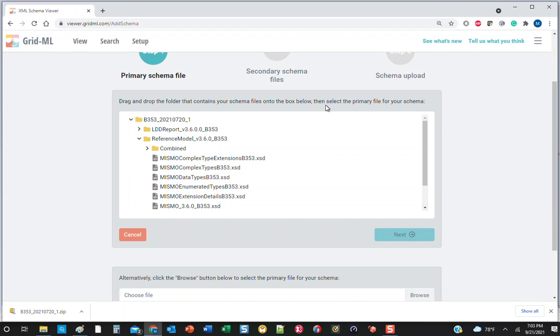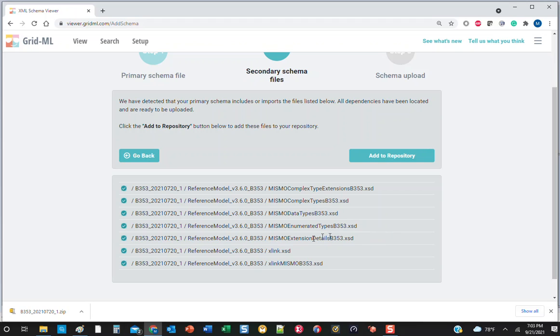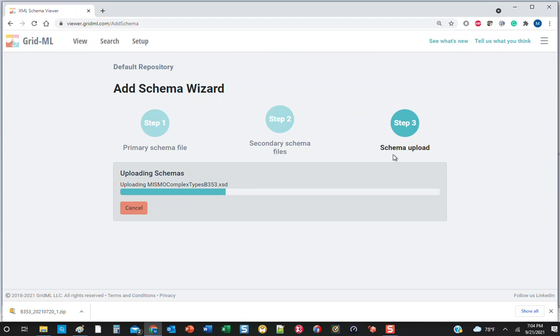The next part of the prompt says select the primary file for your schemas, which for MISMO schemas is always the one that has the name MISMO followed by the version number. It's MISMO 3.6. I click next. GridML checks that the file is valid and all the references are valid, and that you can tell all MISMO schemas are always going to be valid. You can see all the green checkboxes. Next we click Add to Repository,